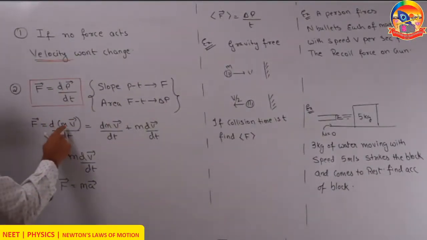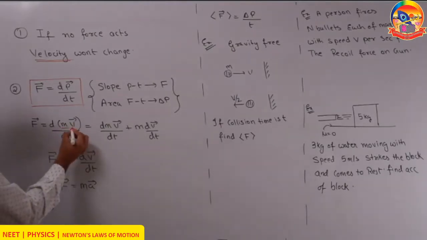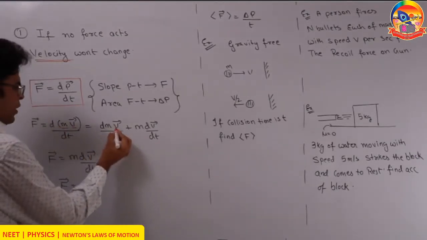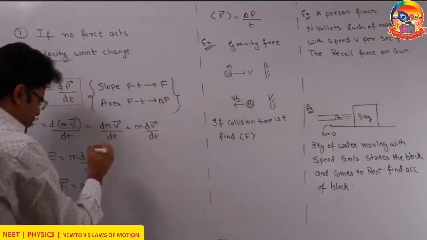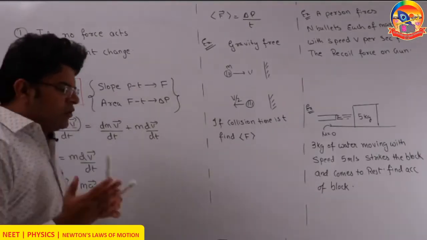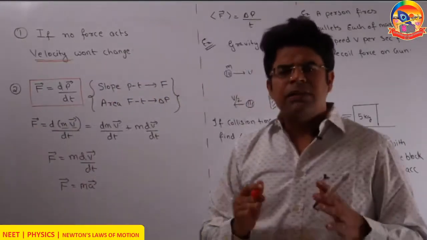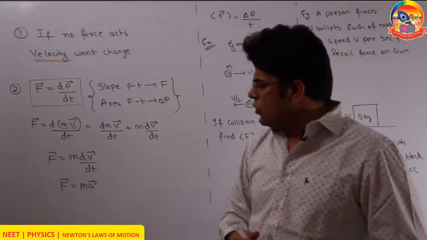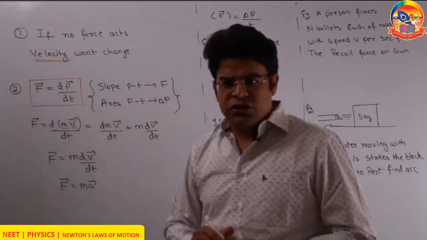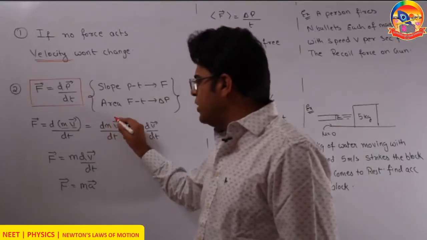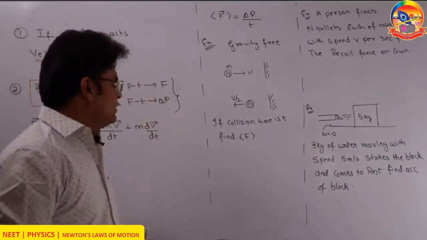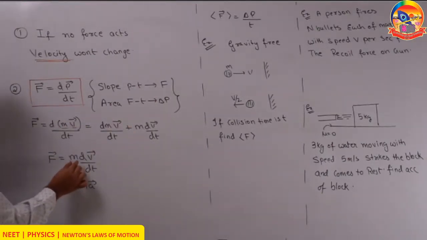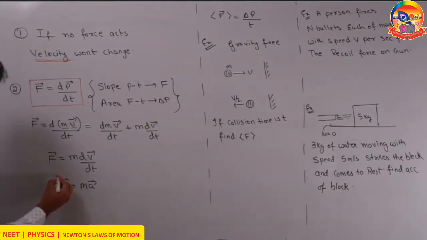So force equals d(mv) by dt. Now here you have got two terms, m and v. Applying the multiplication rule, you can write this as dm into v by dt plus m into dv by dt. In usual cases of a rigid body, as the body moves, the mass does not change. Yes, in some cases the mass of the body does change. So if the mass of the body is not changing, then we can write this infinitely small change in mass as 0. And then for constant mass cases only, this first term becomes 0, and we get F equals m dv by dt, or F equals ma.